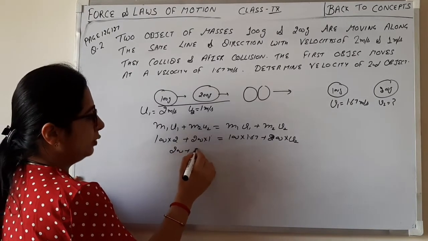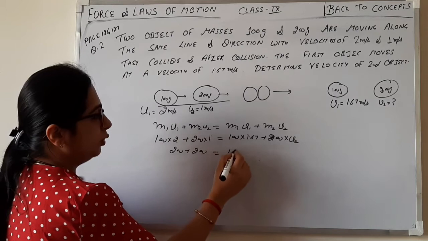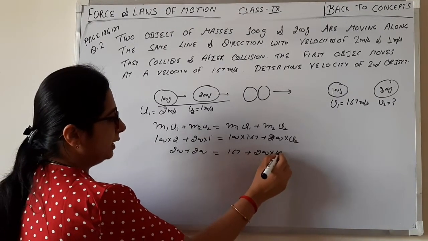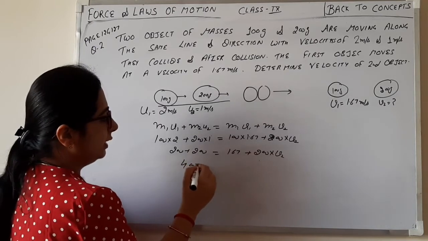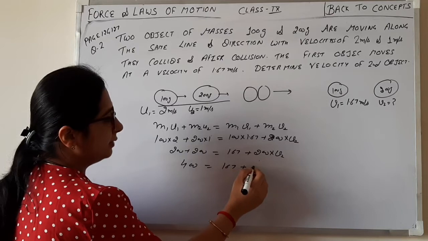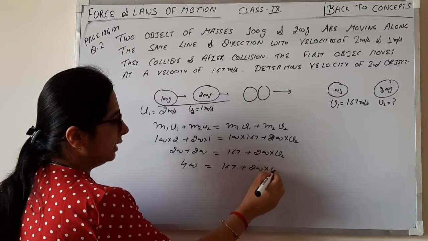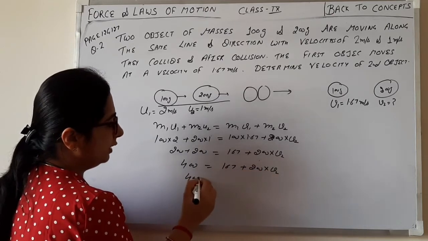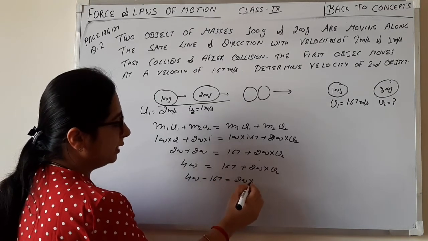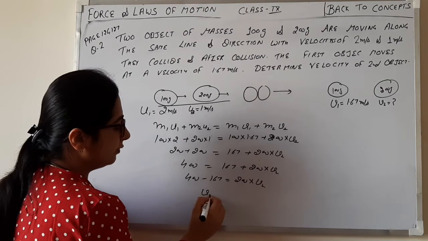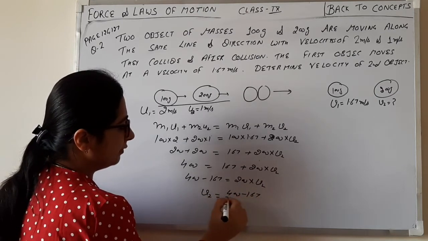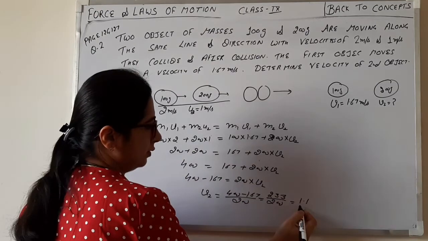200 plus 200 is equal to 167 plus 200 multiply v2. So 400 is equal to 167 plus 200 multiply v2. So 400 minus 167 is equal to 200 multiply v2. So what's the velocity? 400 minus 167 upon 200,